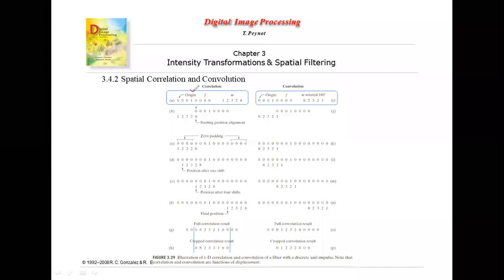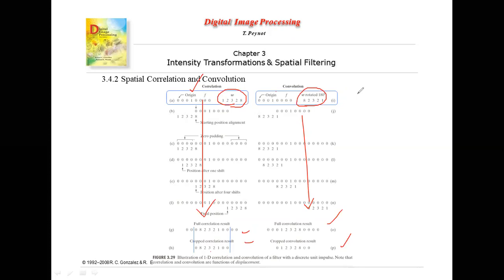So if you take your image and your sequence and perform the correlation, and then take the same sequence, flip the sequence, and perform the convolution, you will end up getting similar results. Both of them will give you similar results, but you should be careful which function you are using depending on the situation. You can use convolution, or you can use correlation.